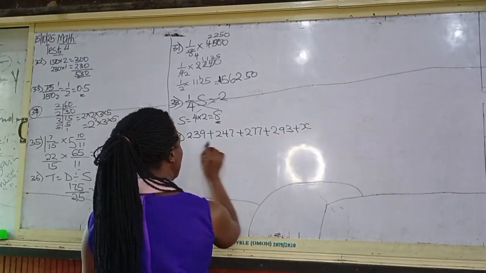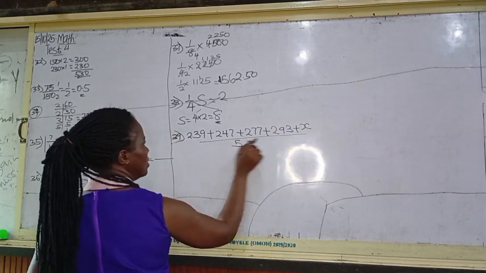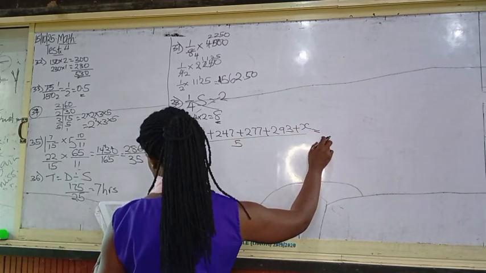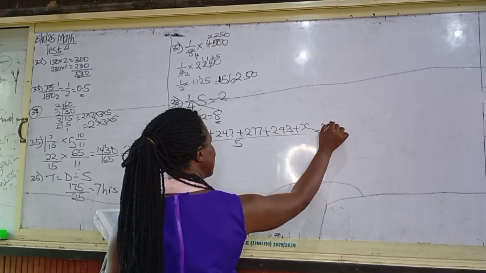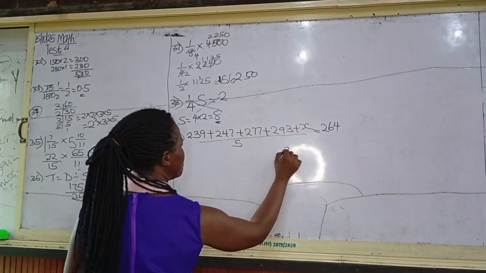The fifth one was unknown, so we count 1, 2, 3, 4, 5. And they've told us that the average is 264. So we are adding the first numbers together. Let's add it together. We have 239,